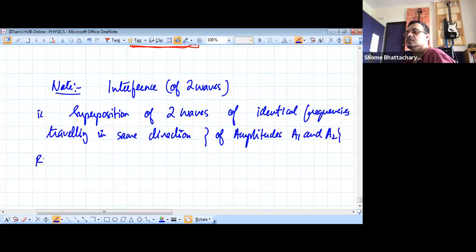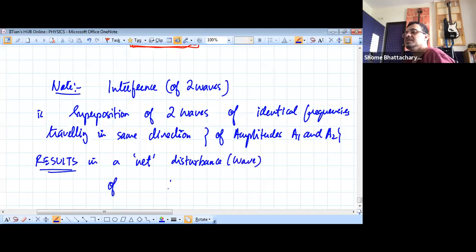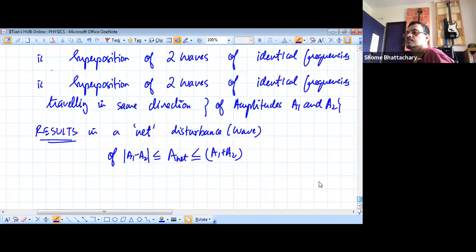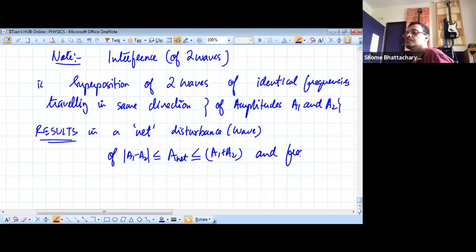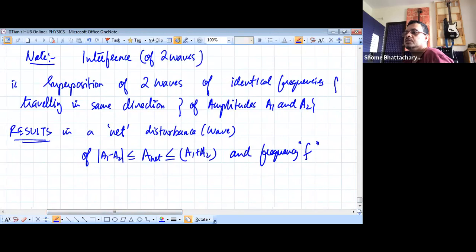Okay, so this results in a net disturbance or wave of some net amplitude which can be anything in between A1 plus A2 and the difference of A1 minus A2. This you have already seen in superposition of SHMs. Okay. And frequency F, where F is the frequency of the original sources. So the two original sources were of frequency F each. Okay. So this A net, now the value of this